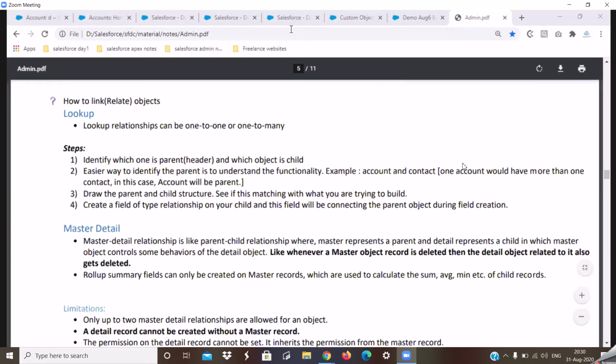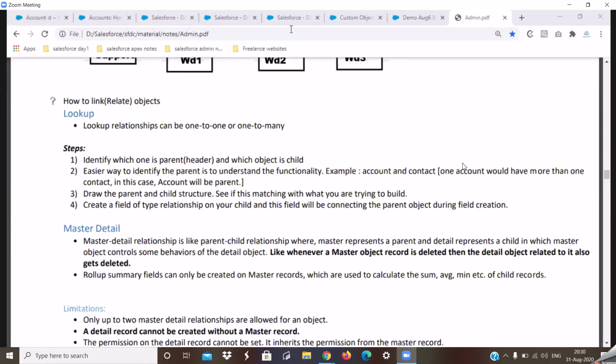So user G, what do you want me to summarize? Can you please summarize after creating a lookup and converting it to a master detail relationship? If you have followed today's class, that is what we have done. In case you have missed out anything, do let me know.